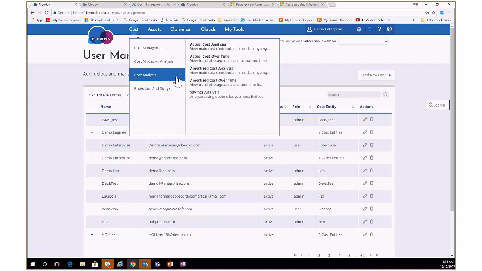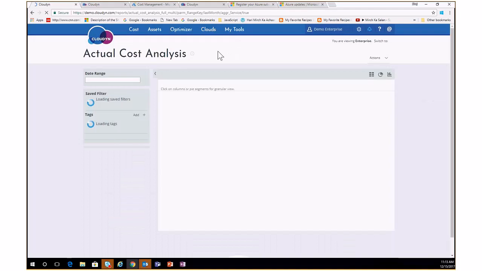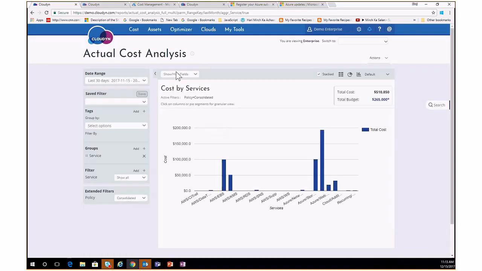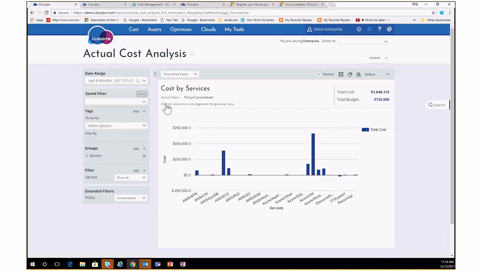The first one I like is cost. I can go into cost analysis and click on the actual cost analysis report. This report will show me my cost analysis for a specific period of time. So I can pick a date range, let's say last 30 days or last 6 months, and then this will generate a report for me. Now in my report, I can